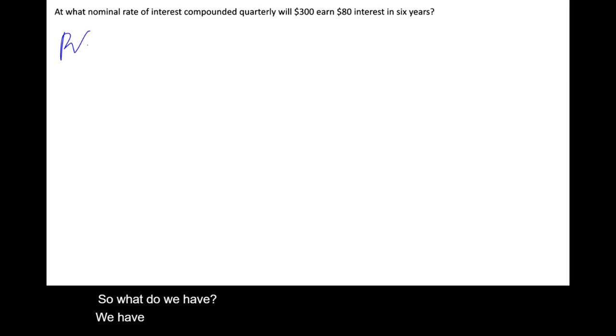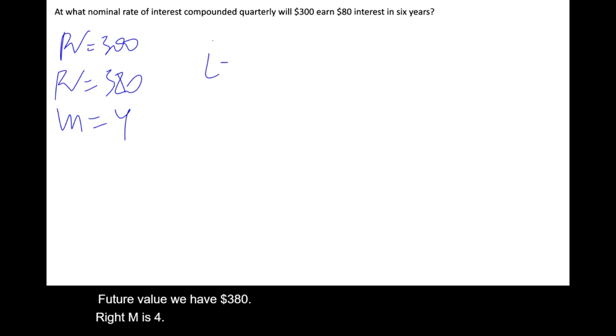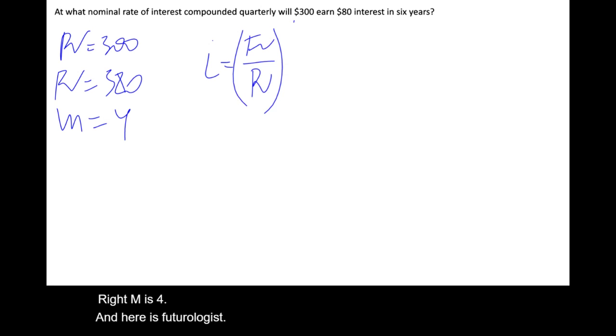Okay, so what do we have? We have present value 300, future value we have $380, right? M is 4, and here is future value, just for the sake of I. So future value 380 over 300,